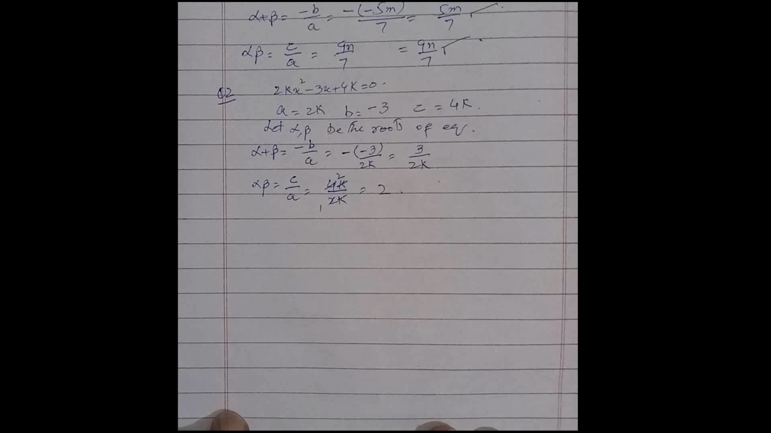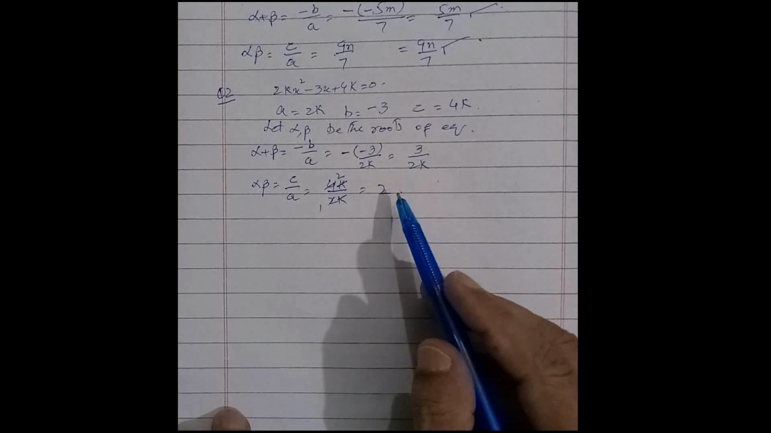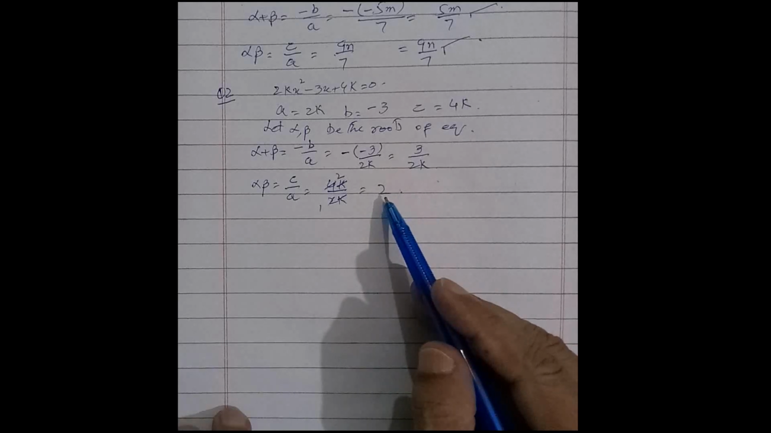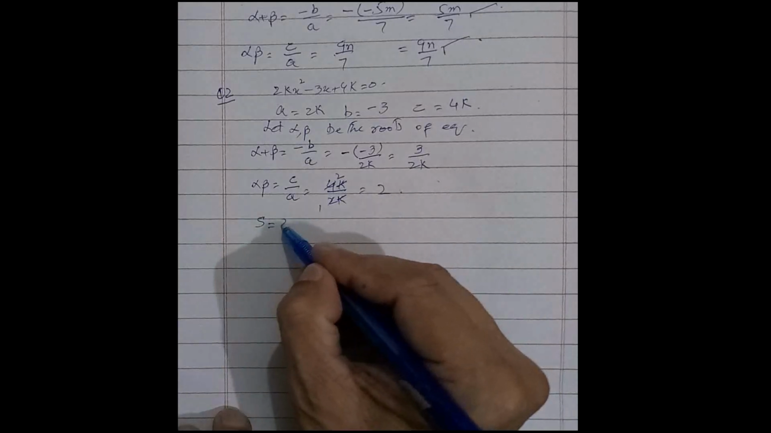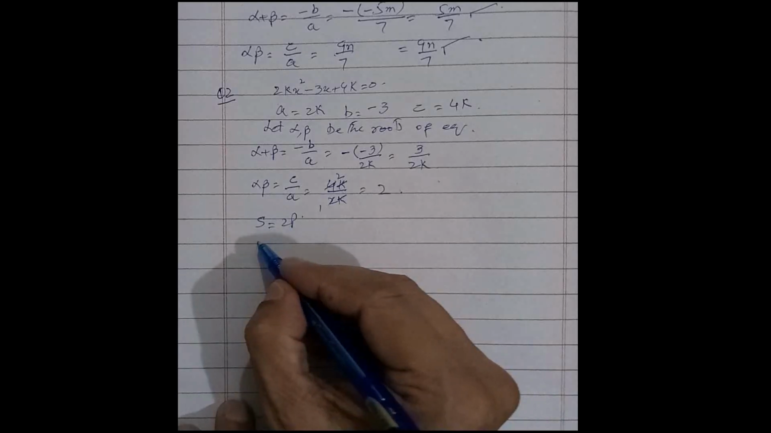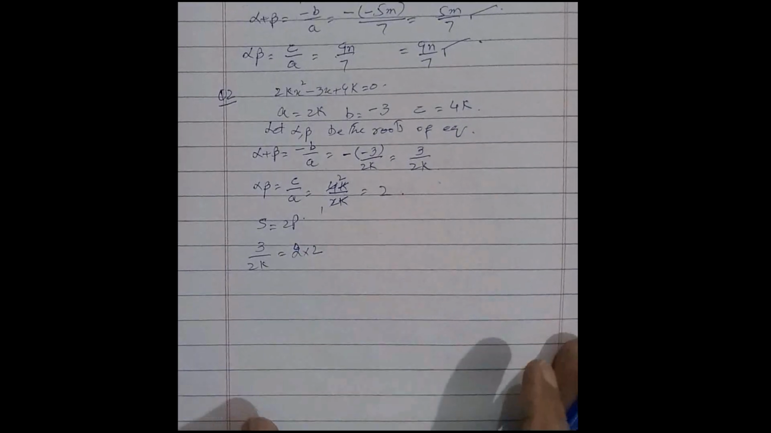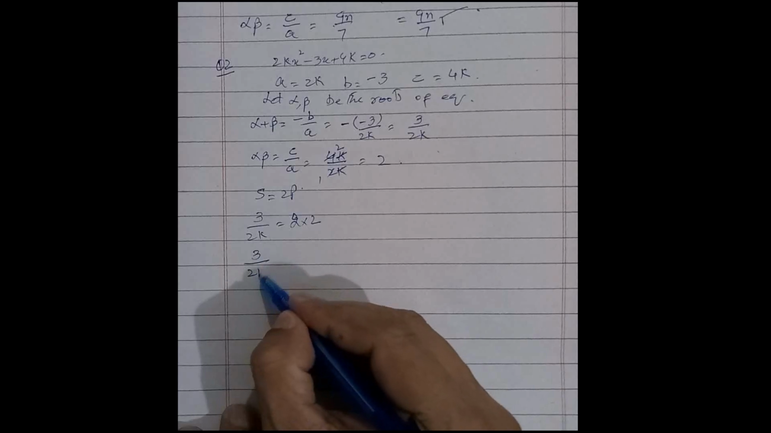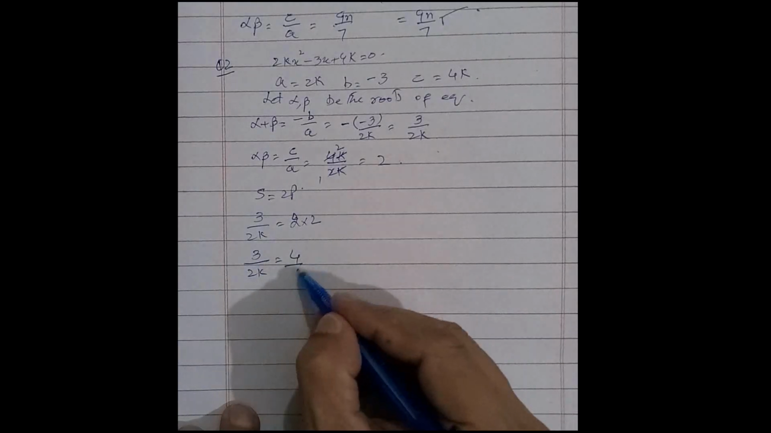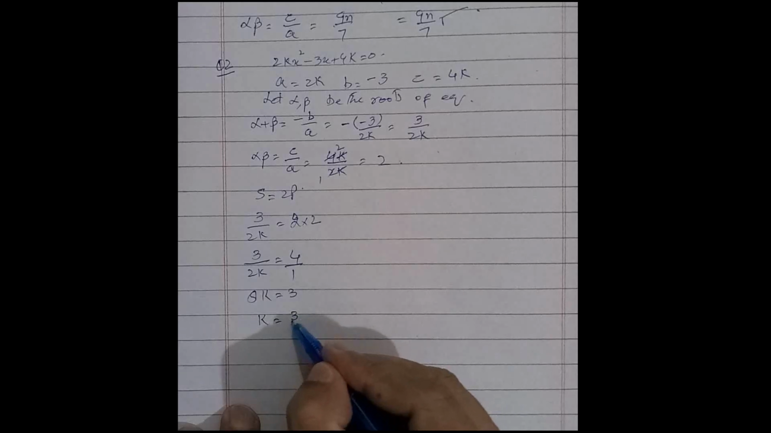And according to the condition, the sum of the roots of the equation is twice the product of the roots. It means this sum is twice the product. So when we balance these two values, sum is equal to 2p, where s is the sum of roots and p is the product of roots. So we put the values, we get 3 over 2k is equal to 2 multiplied by 2. Now we simplify, we get 3 over 2k is equal to 4, and now we cross multiply, we get 8k is equal to 3, and k is equal to 3 over 8,